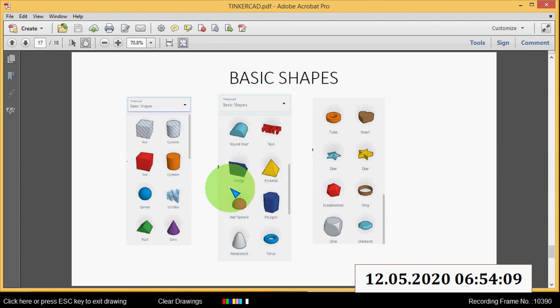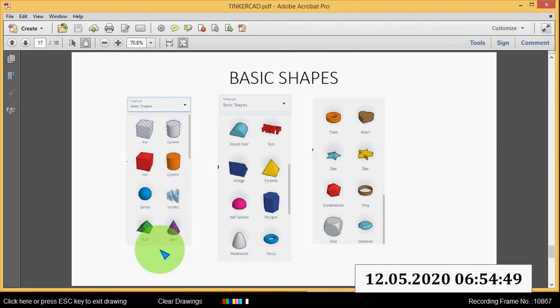For example, if you imagine a glass in your mind, a glass for drinking water, what is the basic shape of that glass? The basic shape is actually a cylinder. So you can select a cylinder, modify it, and create a glass for drinking water.